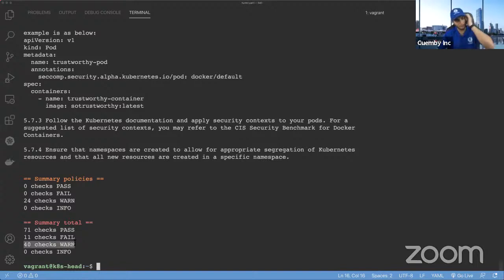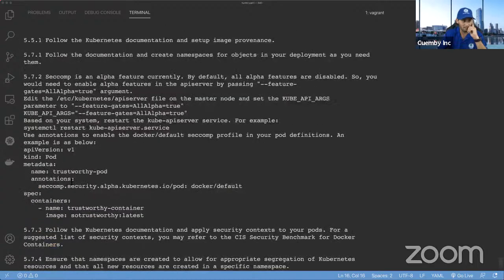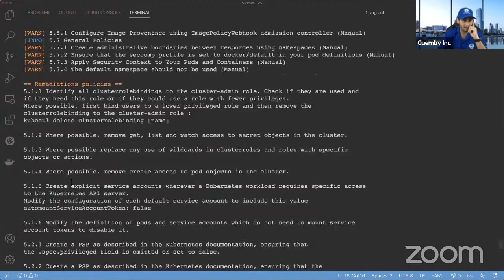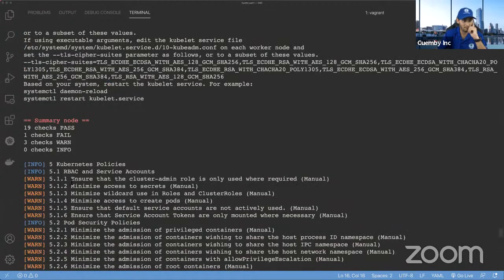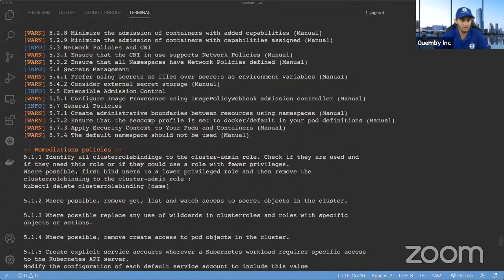So yeah, of course, like I said, I didn't even set it up in the right way. I just put whatever. But just to show you another way to run KubeBench, this time inside of the VM. So that's kind of what I wanted to show you today.